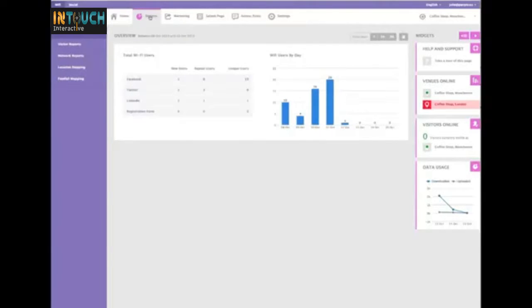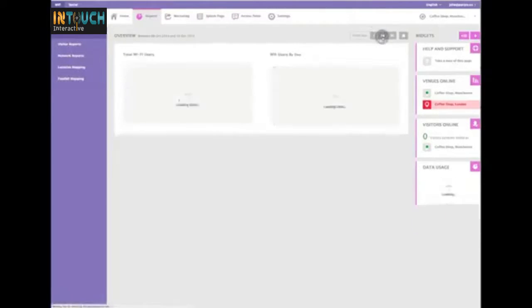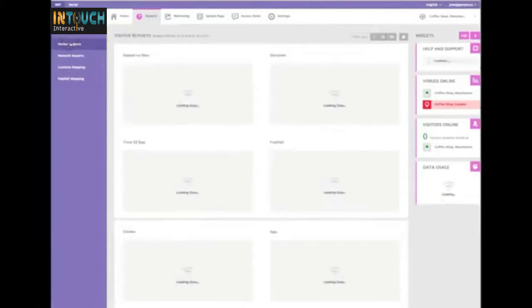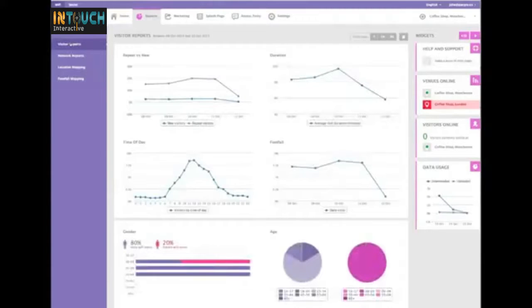So if I jump into reports, you'll see again a snapshot, which is the number of new users, repeat users, unique users, and the Wi-Fi users by day. I can change this to 7, 14, or 30 days, or I could use a date picker to look at a specific date range. The visitor reports go into a little bit more depth, and this in part, or certainly